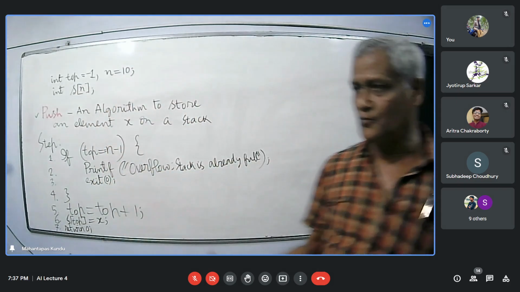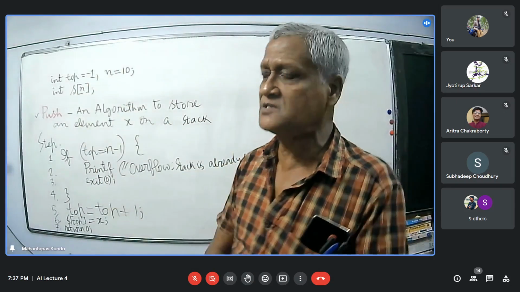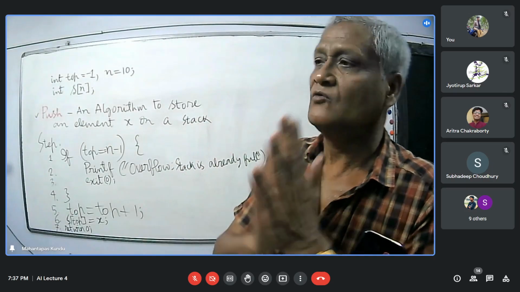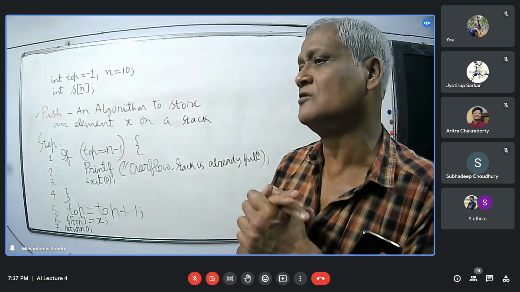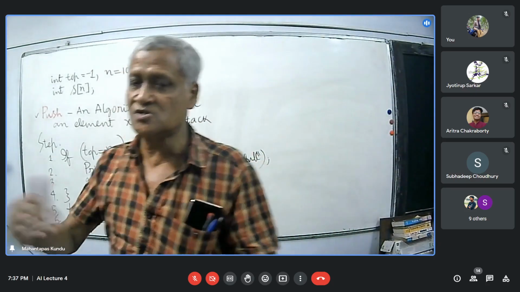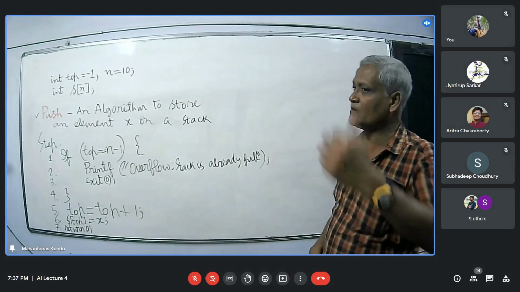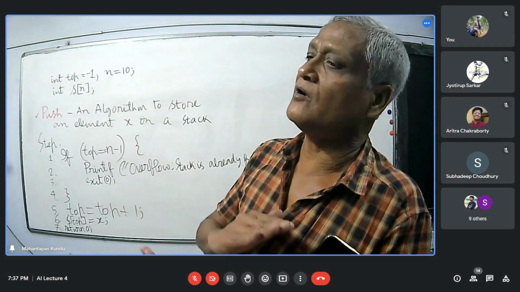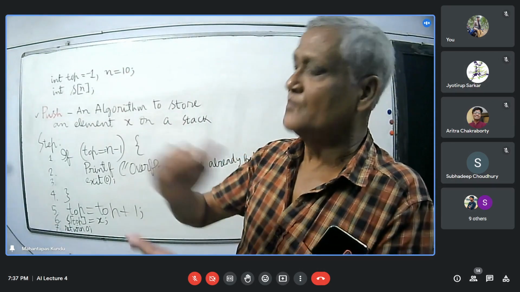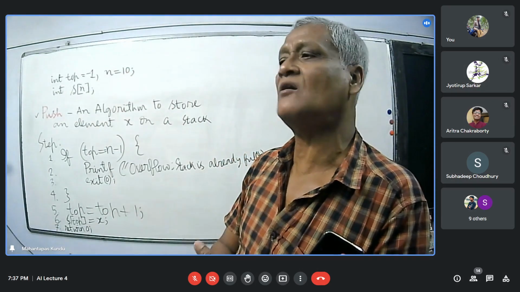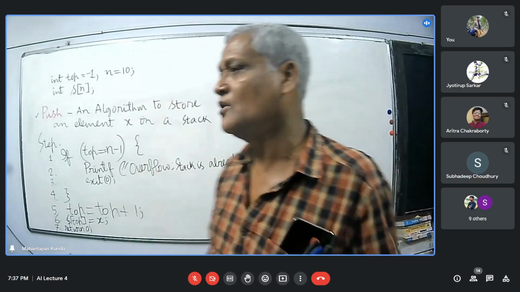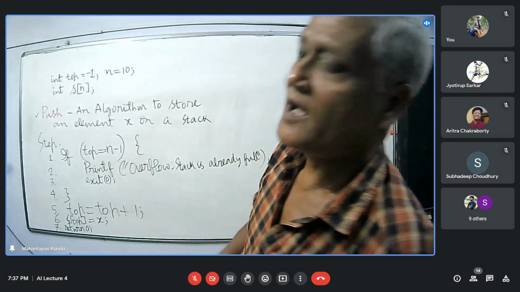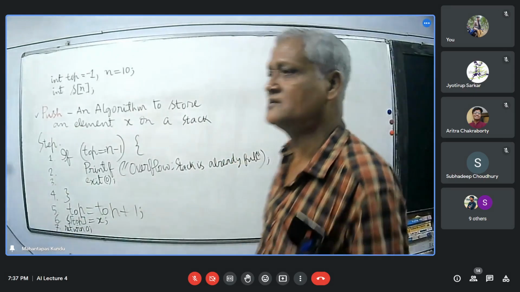So these are the necessary steps of operation for this algorithm. That is, before pushing an element on a stack, you need to check first whether the stack is already full, because the stack consists of a finite number of elements. And if all the stack positions are already filled up with elements, then you cannot store another element anymore on that stack.